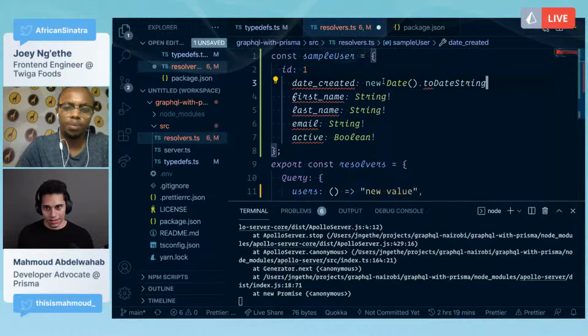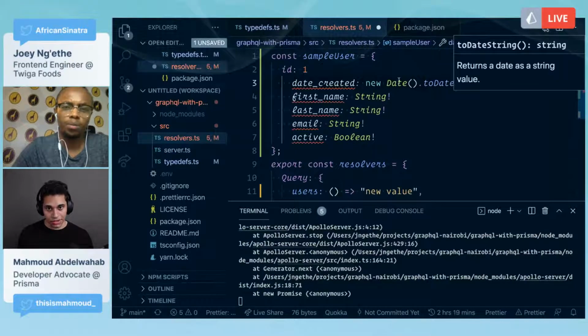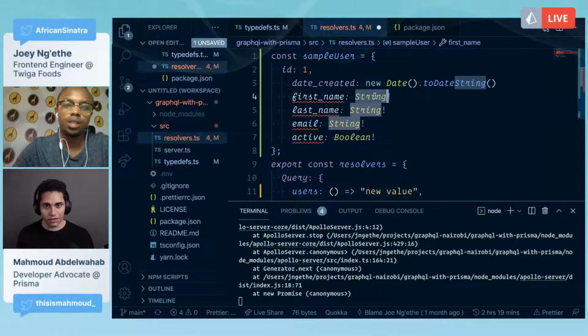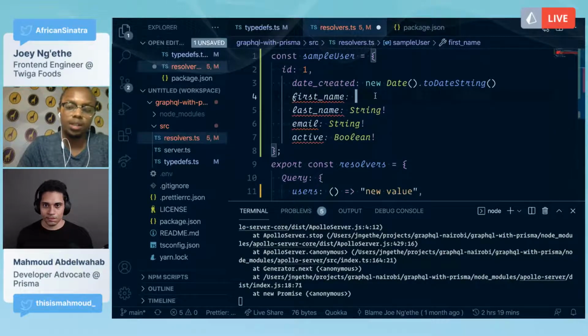So now this is an example user. The date created, we made it a string. So I believe there might be an error. Yeah, so I'm just doing new Date().toDateString(). Oh, sorry, that should be a string. And then first name is Joey. Also add an email and actor.